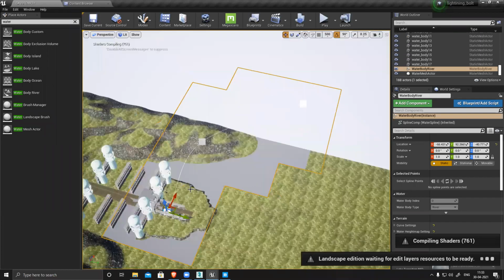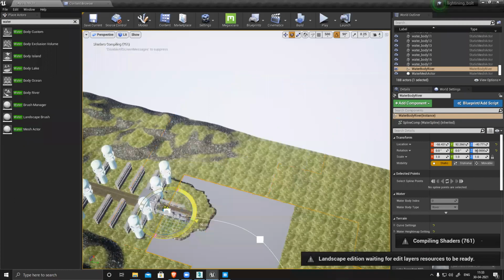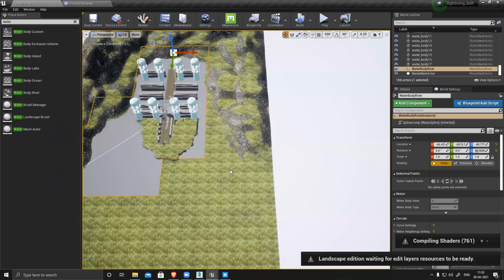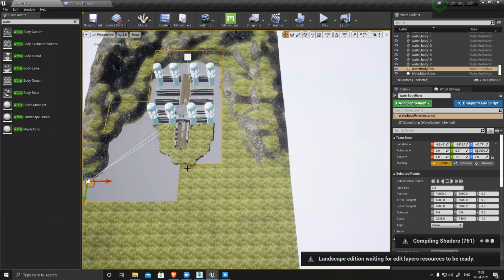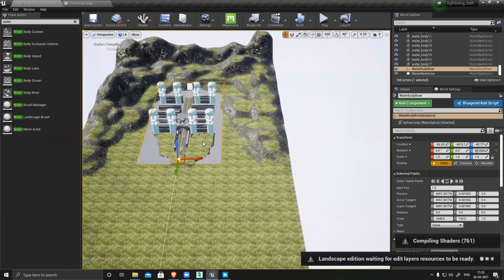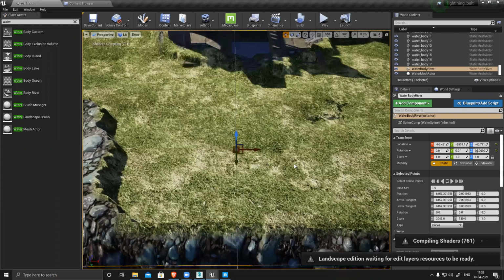So here is my water. Rotation angle, switch off. Delete. Sir, it's because you must have not enabled edit layer.